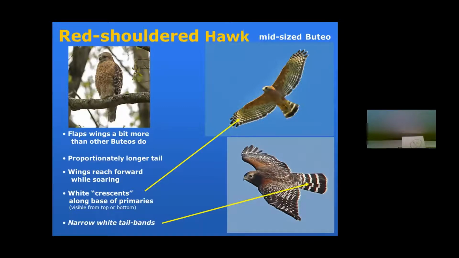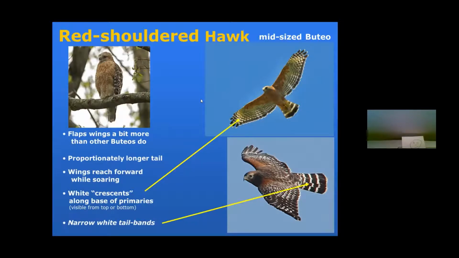Here's another thing that's very visible at a distance. You notice how the wings sort of are in an arc towards the front of the bird here. It's not a straight line, like the wing of the Cooper's was. Notice how when they're in a soar, red tails have a slight arc out towards the front of the wingtips. That's a good identifying factor at a great distance. And it's a red tail.